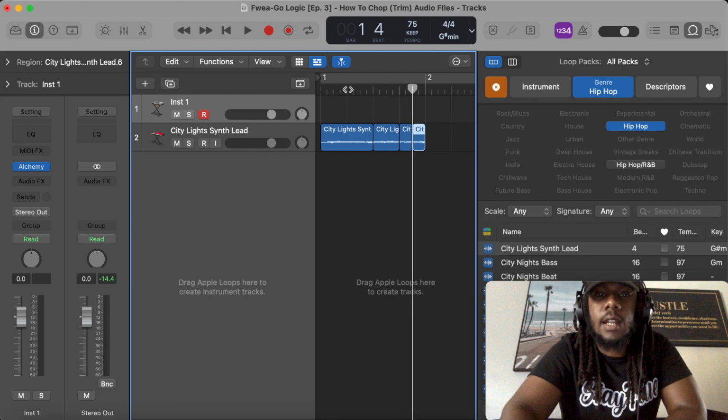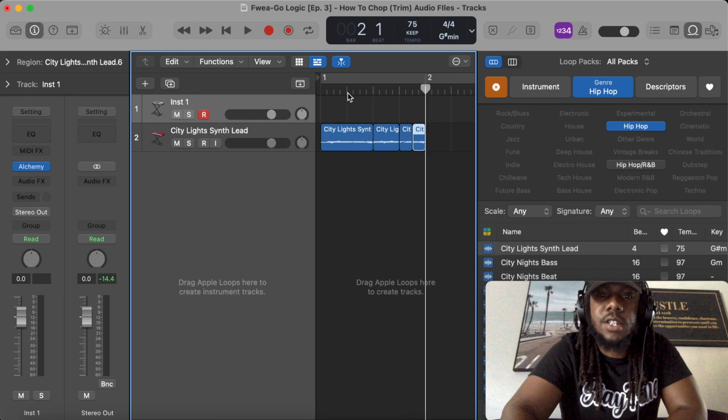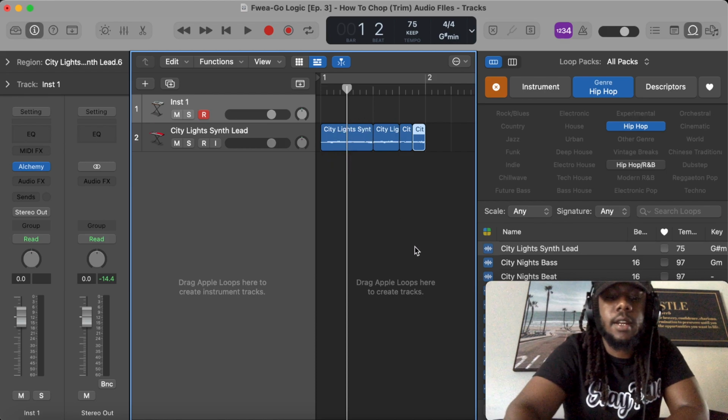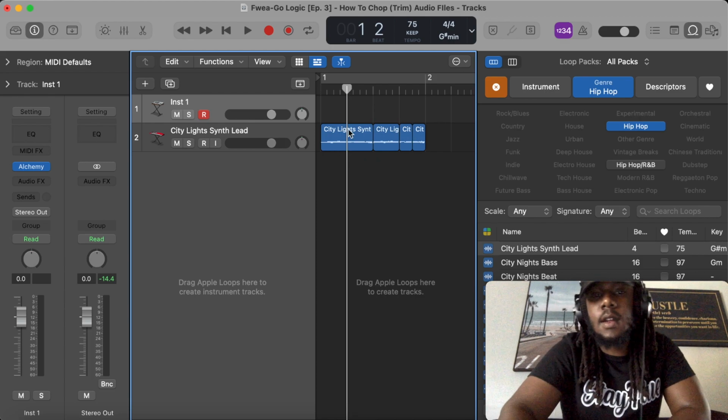Literally, just highlight over the region you want. Just make sure the region you want is highlighted so it does chop it up. Because as you can see right here, this region is highlighted, but let's say I intended to chop up this region right here. I'll go ahead and hit Command T. It's not going to do nothing because